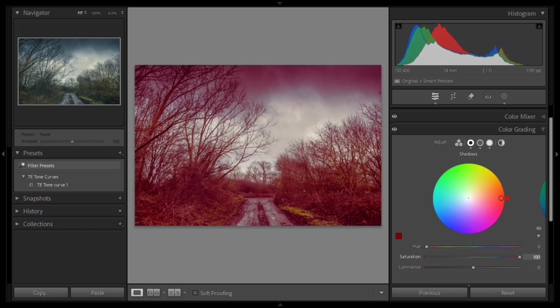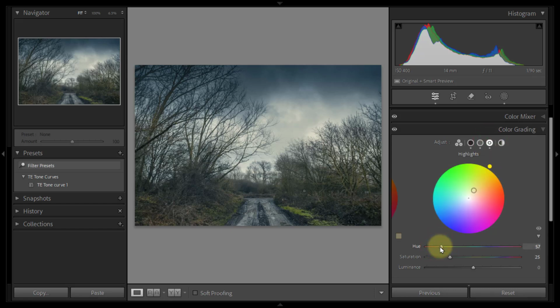So I'm going to take this saturation right up to 100 for the shadows, and then I'm pretty sure that I'm going to want to cool down those shadows a tiny weeny bit. So let's drag that saturation down, and that's too much still, and let's go down to 0. So do I want to change that? So I think I'll just have a tiny bit there, go back into highlights, and just, do I want a